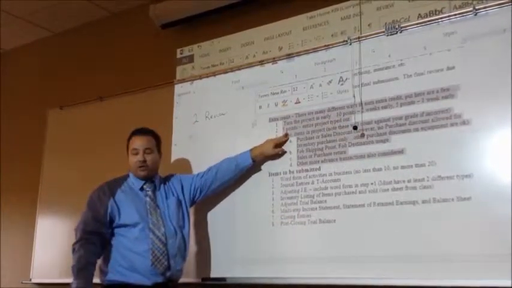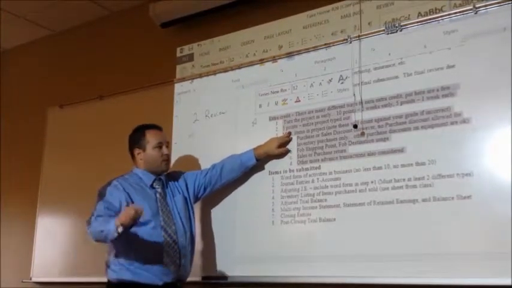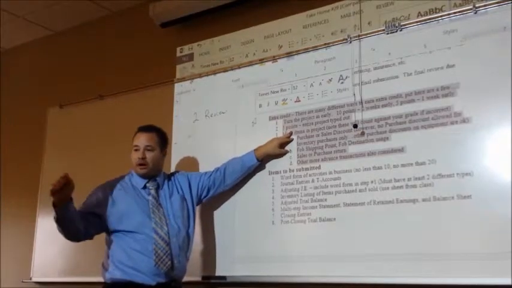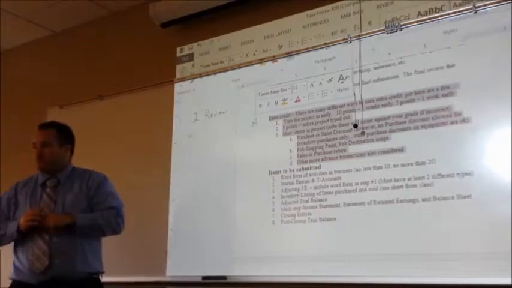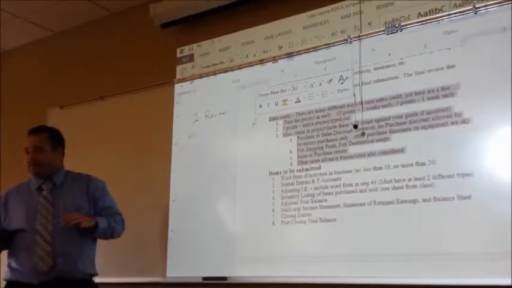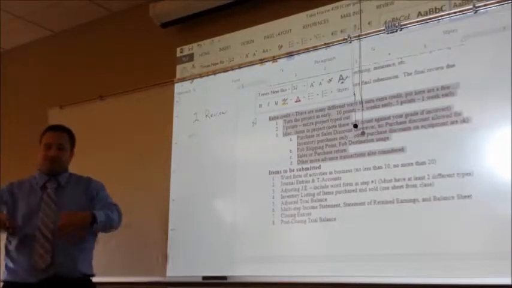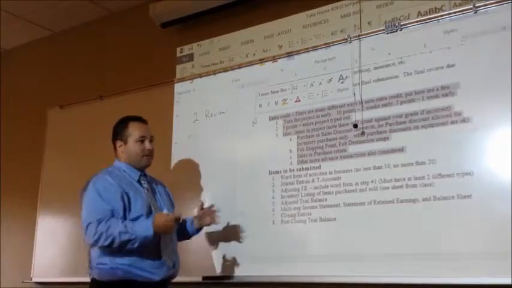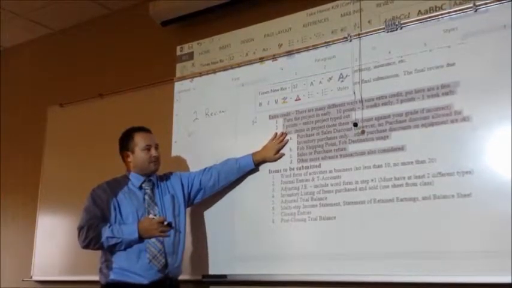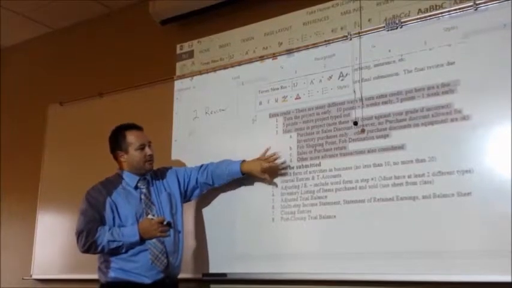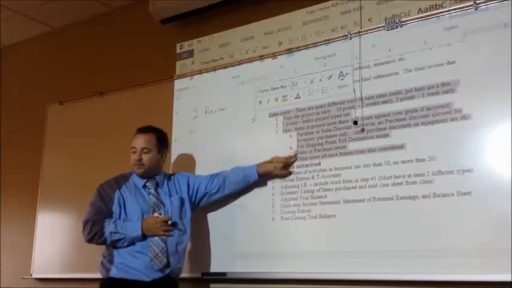If you typed it all out, which is hopefully a no-brainer, I wouldn't want you to have to write all this out and then I go through and mark it all out and tell you what's wrong, and then you have to write the whole thing again. It's just easier if you type it, send it to me on email. I check it, give it back to you in class the next time I see you, or I scan it and email it back to you. Then you don't have to retype everything. Just change your mistakes. The last thing to mention is if you add some of these tougher items that we've